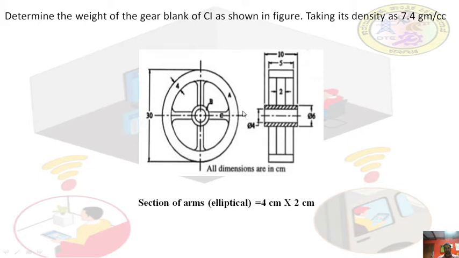So we have one hollow cylinder of outer dia 30 and inner dia, where he has mentioned the thickness as 4. 4 here and 4 here, 2 times 4 is 8. So 30 minus 8 is 22. So outer dia is 30 centimeter and inner dia is 22 centimeter. How did you get 22 centimeter?